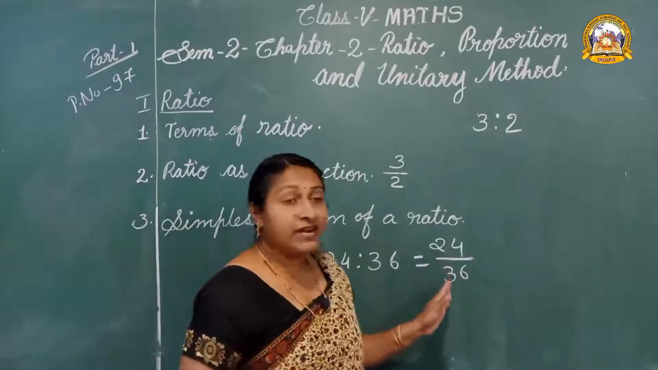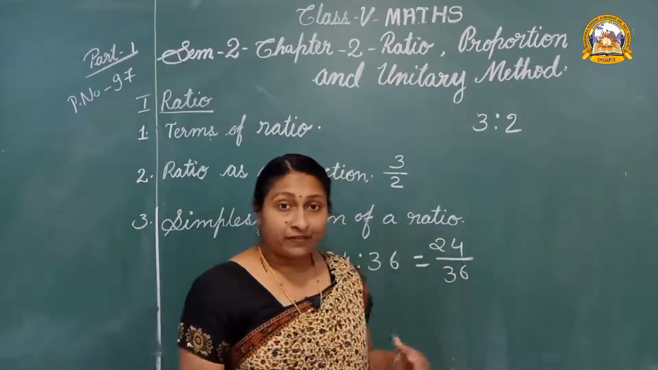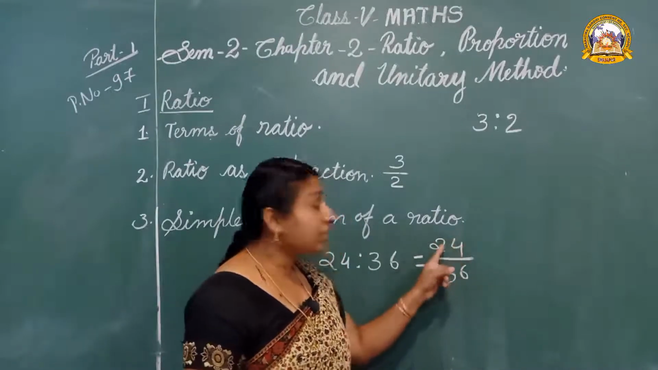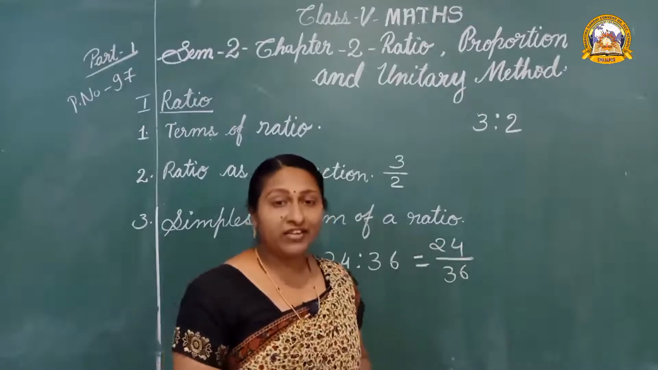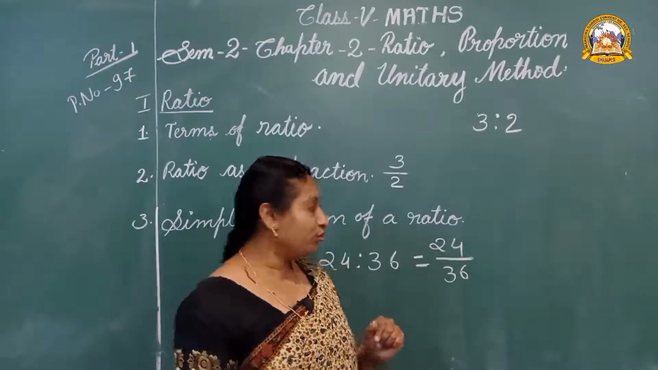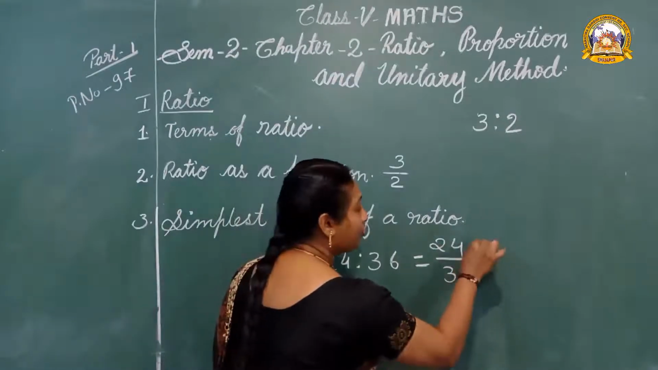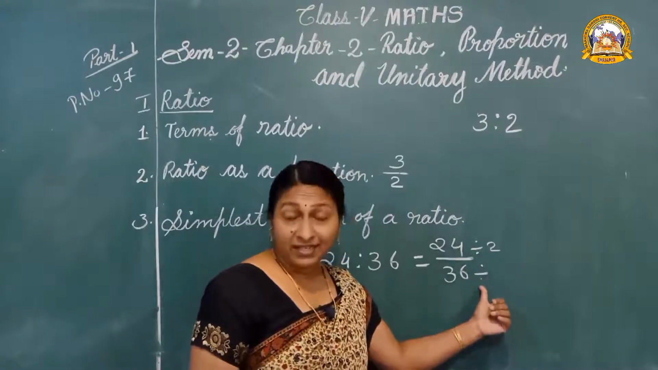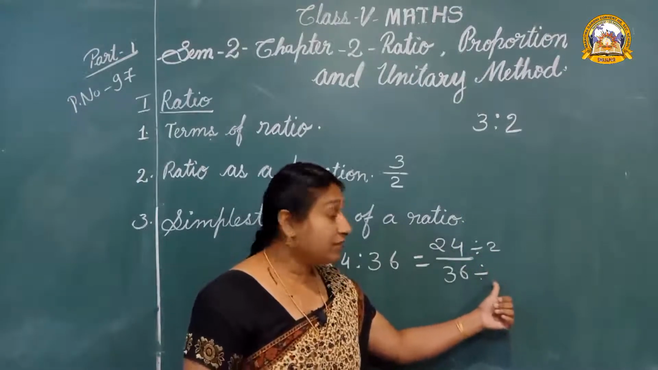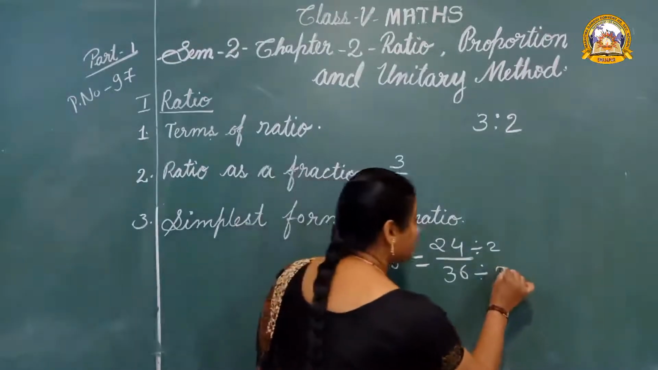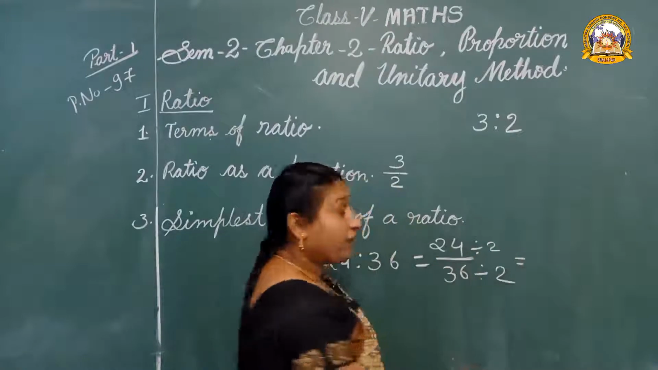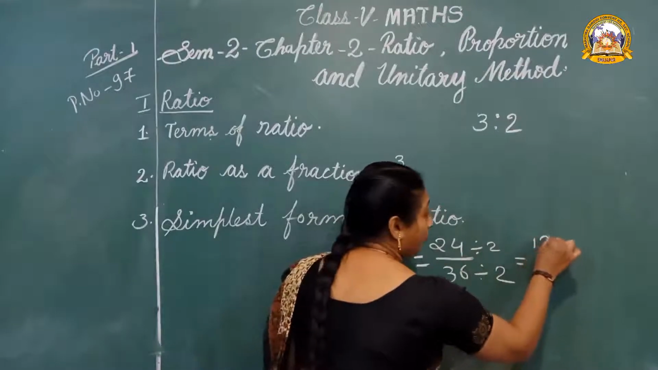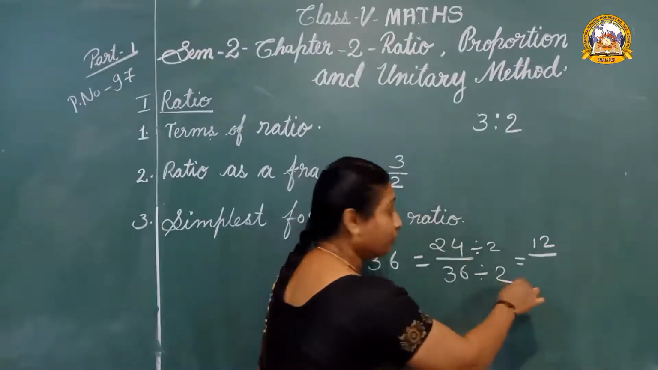Children, how can we find the lowest term? First, let us divide them by 2 because both of them are even numbers. All the even numbers are the multiples of 2. So, let us divide them by 2. When we divide the numerator by 2, we have to divide the denominator by 2. Okay, 24 divided by 2 is 12 and 36 divided by 2